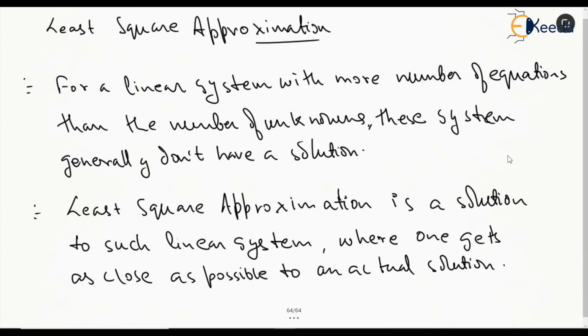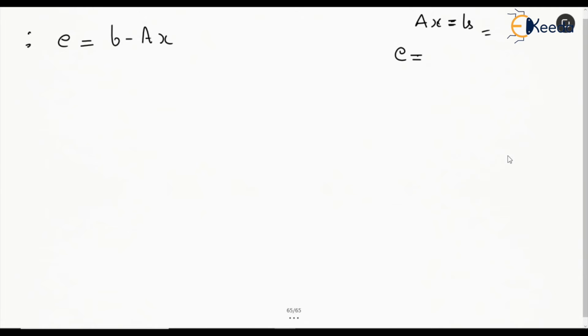So for such a no-solution linear system, now that we cannot have the solution, what we can try is to get as close as possible to anything which could have been a solution to the system. If we say E, which is known as the error, is b minus Ax, what is b minus Ax? We have seen the linear system as Ax equal to b so far, right? So if we have a solution for such equations, we know that Ax equal to b will be satisfied.